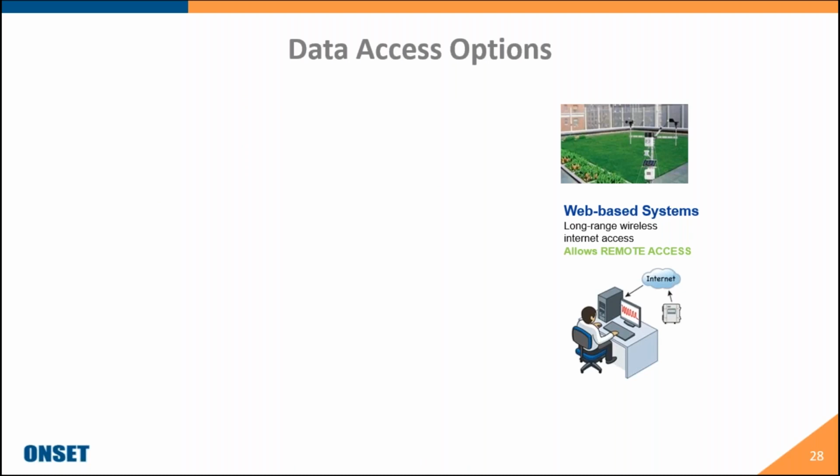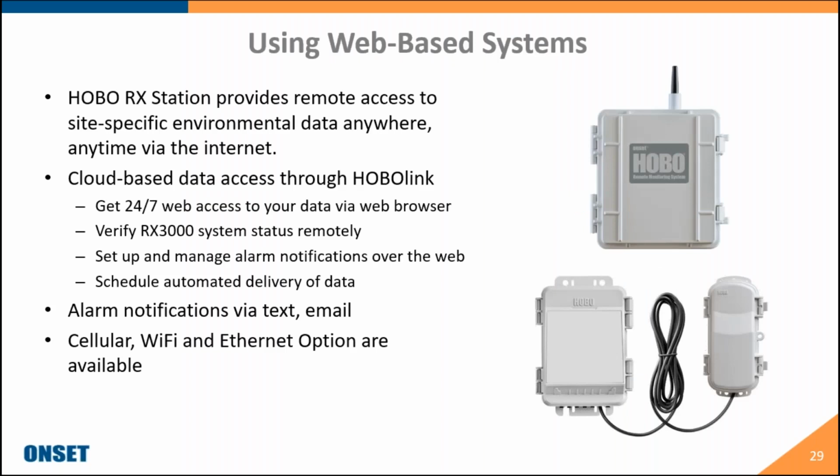Next, I would like to touch on our web-based monitoring systems. The HOBO RX station provides remote access to site-specific environmental data anytime, anywhere through the internet. And again, all this information is pushed up to our cloud-based platform, HOBOlink. This will give you 24/7 web access to your data through a web browser. And again, since this is cloud-based, you can actually access it from any device with a built-in web browser. So that could be your cell phone, your tablet, your netbook, desktop, laptop, basically any device you use to gain